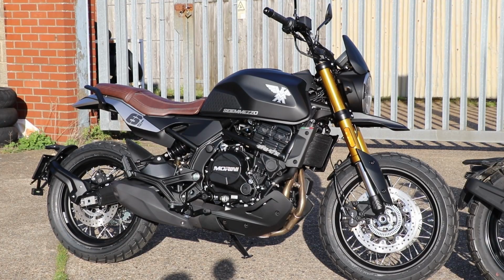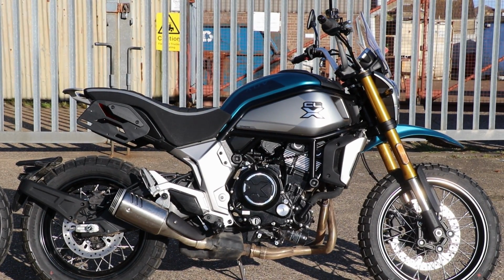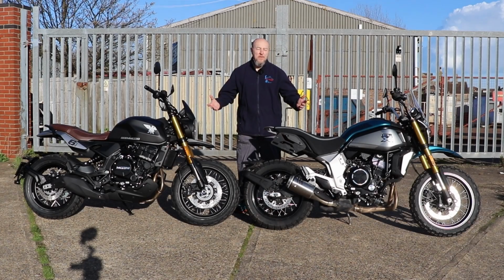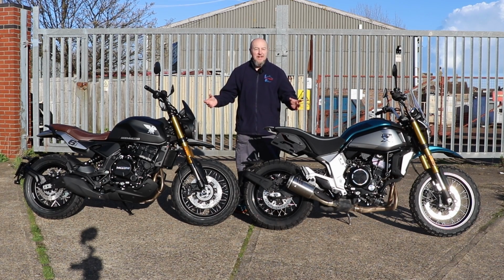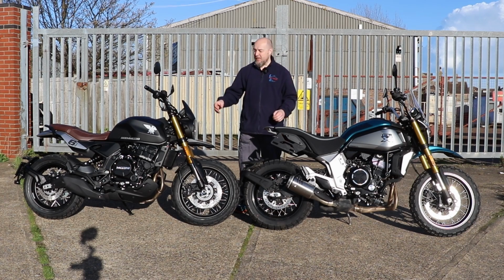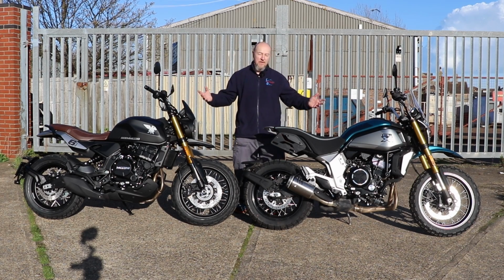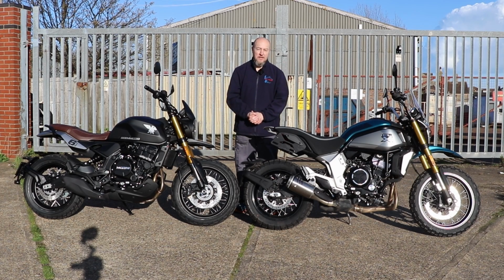Price-wise, Moto Morini, £7,299 on the road with a 3-year parts and labour warranty. CF Moto, £7,749 on the road with a 4-year parts and labour warranty. So on paper, they're pretty similar. There's not a huge difference between them. Bit more power on this one than there is on this one, but this one has features that I like better. However, let's get them both out on the road and see how they ride back to back,